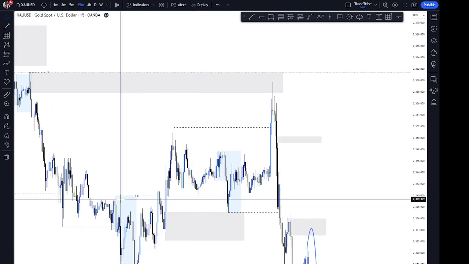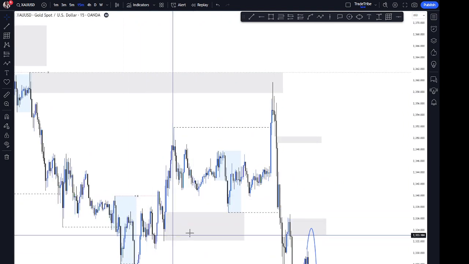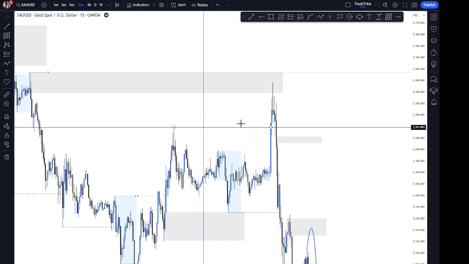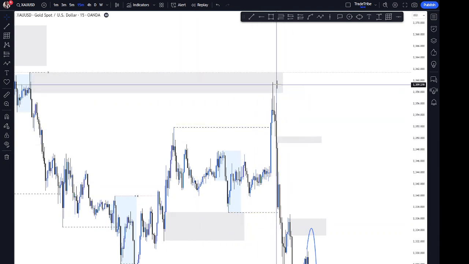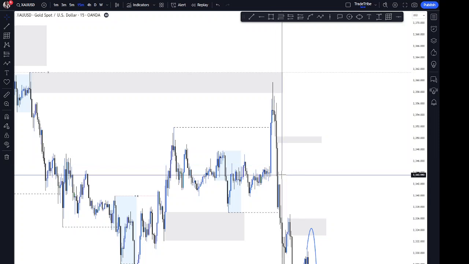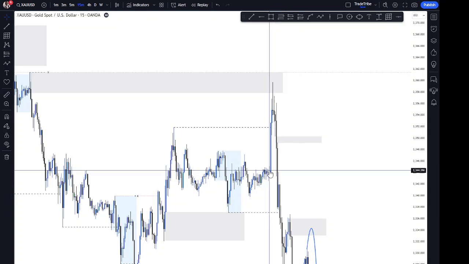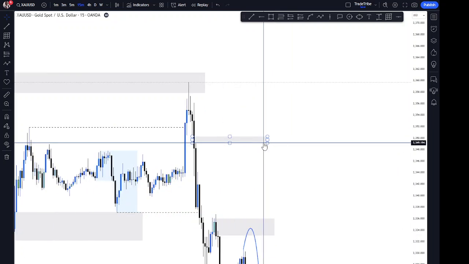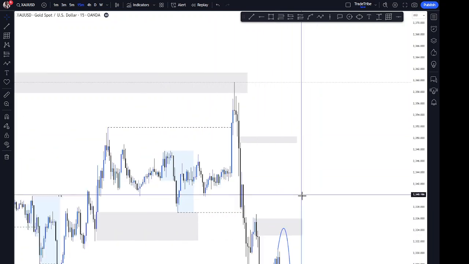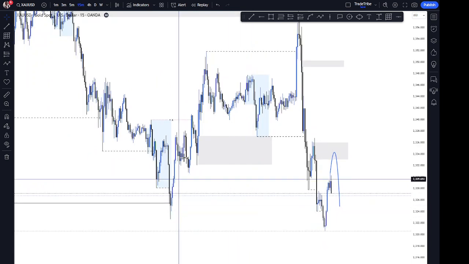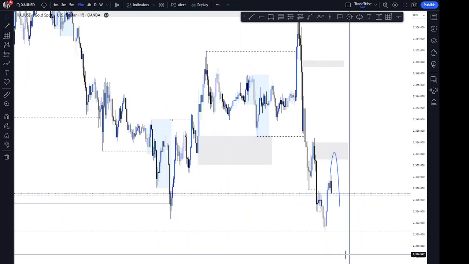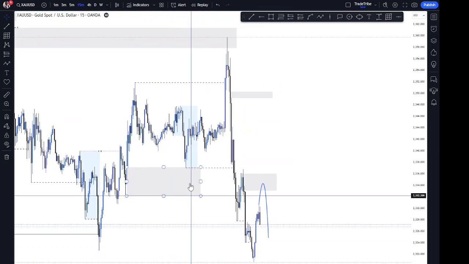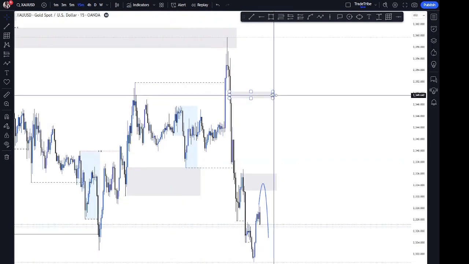to the very bottom. Change of character left us with this demand zone here, break of structure left us with nothing on top. This demand here did not hold price, it was broken impulsively. So that's where we currently are. We are bearish, right? So what I'm expecting to see now that we have another break of structure, we have this zone here,